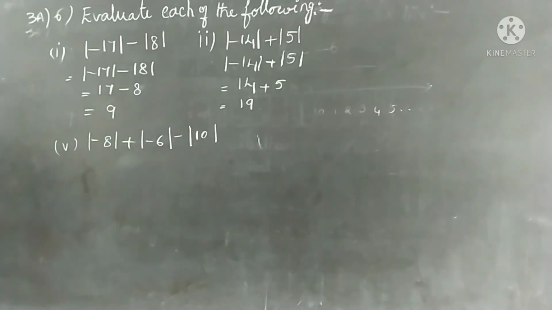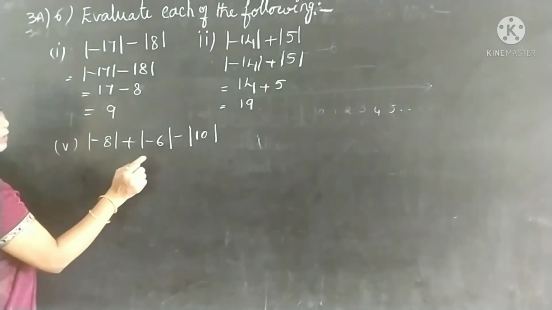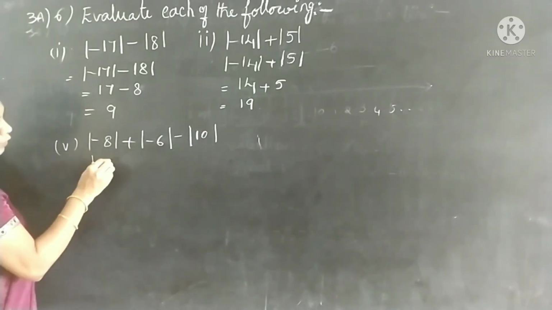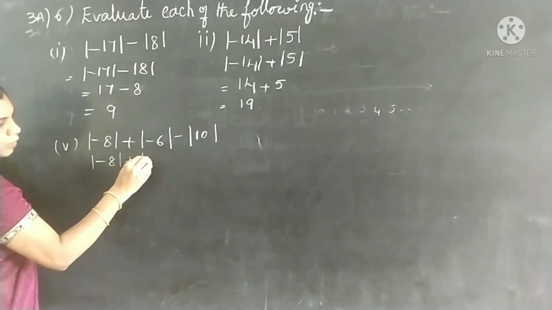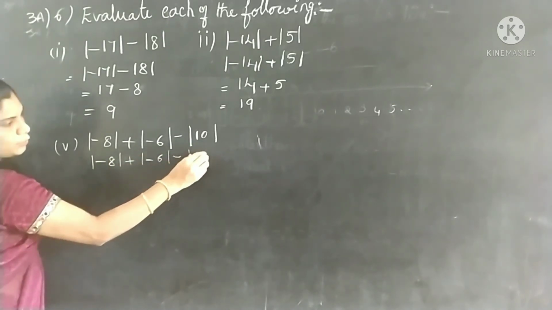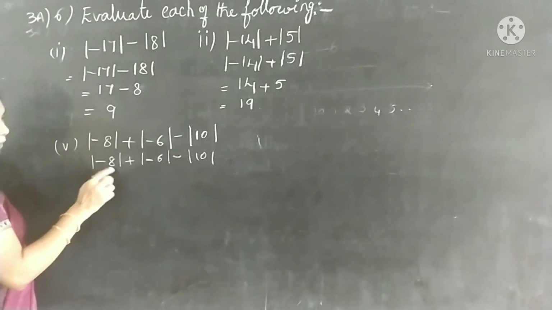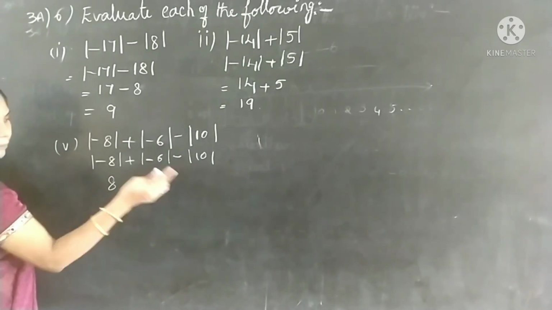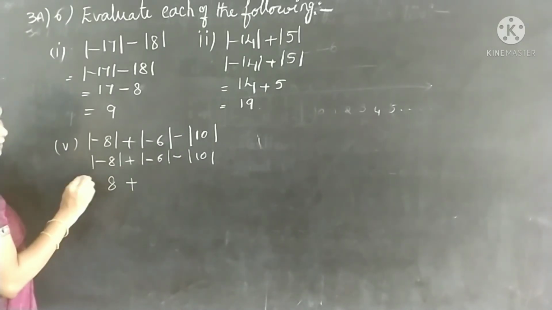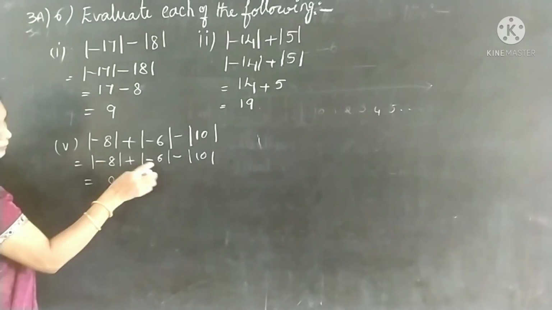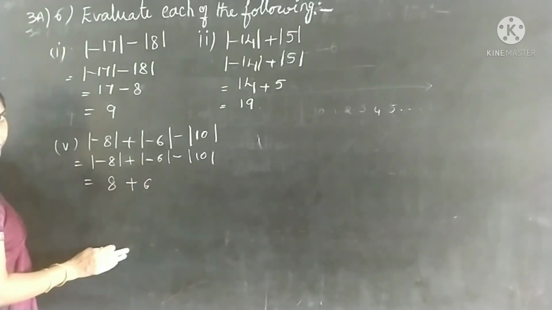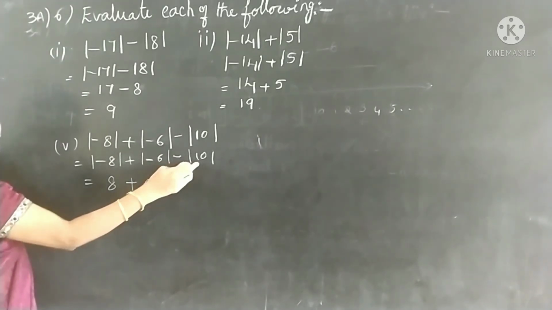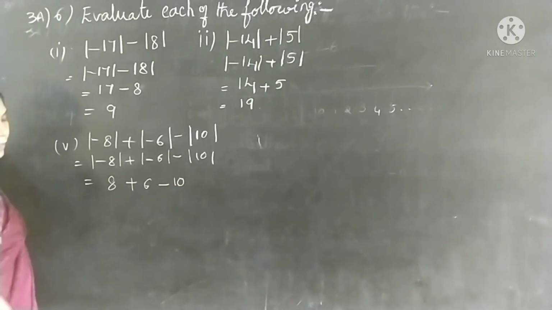Now see the next one. Here we have 3 numbers we have to do. First, find out the absolute value of each. If they have given it in mod, you have to write the absolute value of the particular number. Mod of -8 will be 8. Negative will become positive. Positive number also will become positive. Here carry the signs, plus is there. And mod of -6 will be 6. It will be converted to a positive number. And then next your sign is minus. And after that mod 10 will be 10. Absolute value of 10 will be 10 only.